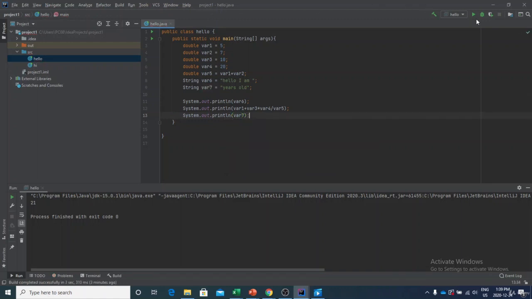All right, so right now if I run all my code, logically what's going to happen is that Java will solve this operation right here first. Well, we'll solve all those operations, and it will print my text, which is stored in the variable number 6. Then it will print the operation right there, so it's going to solve the operation. Finally, it's going to print the text that is in the variable number 7. So if we run everything, what's going to happen? You will be able to see it right there. So hello, I am 21.66666, 8 years old. So yes, once again, it's not on one single line, but we're going to talk about all this in the